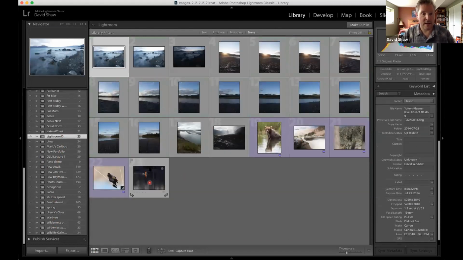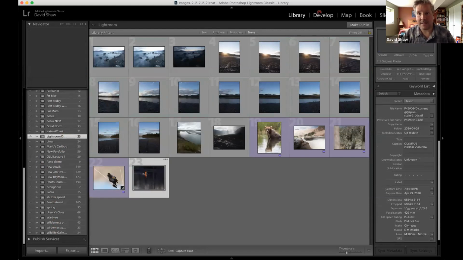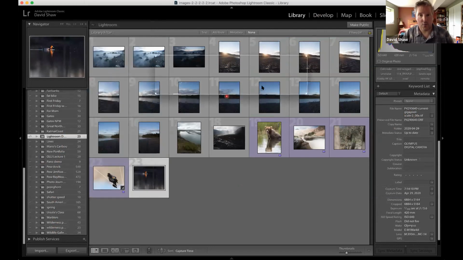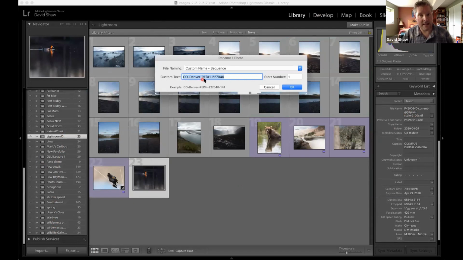So, here is an image that I took last night that is currently named some file number, with some extra stuff that I did in an external program last night. But I want to rename that to something a little more practical. So you can do this one at a time, or you can do it in bulk. And so I'm going to go to rename photos, and the code that I have in here is what I use. It depends on how you want to structure your stuff, but I do mine with a shorthand: